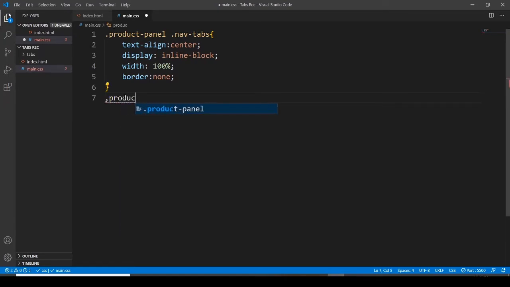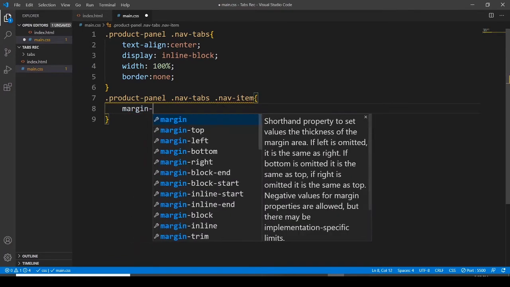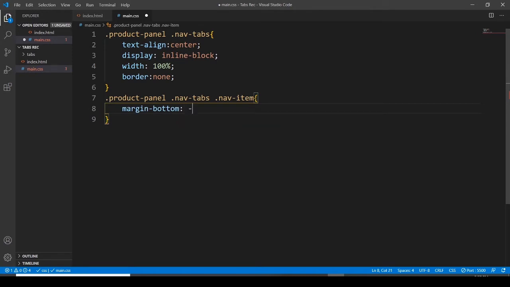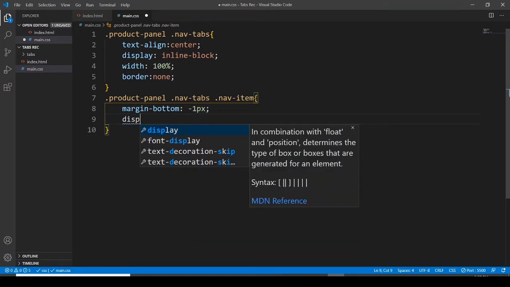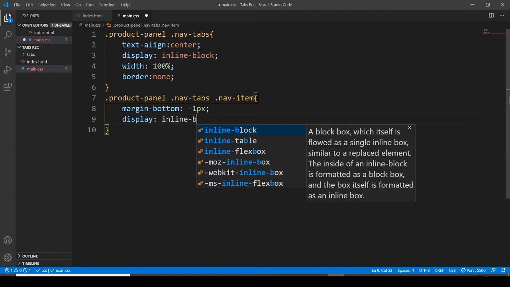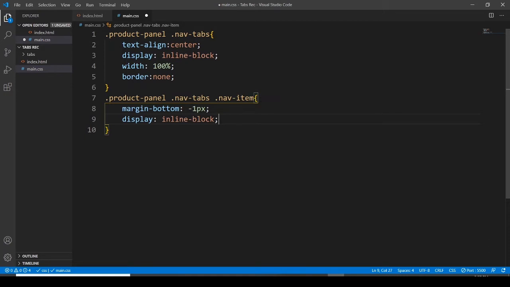And then let's start writing this. The class product panel, and then nav tabs, and then we do have a nav item here, and here is also product panel, nav tabs, nav item, and let's go with the margin bottom -1 pixel, and display inline block, and then here let's go with the product panel and then nav tabs,